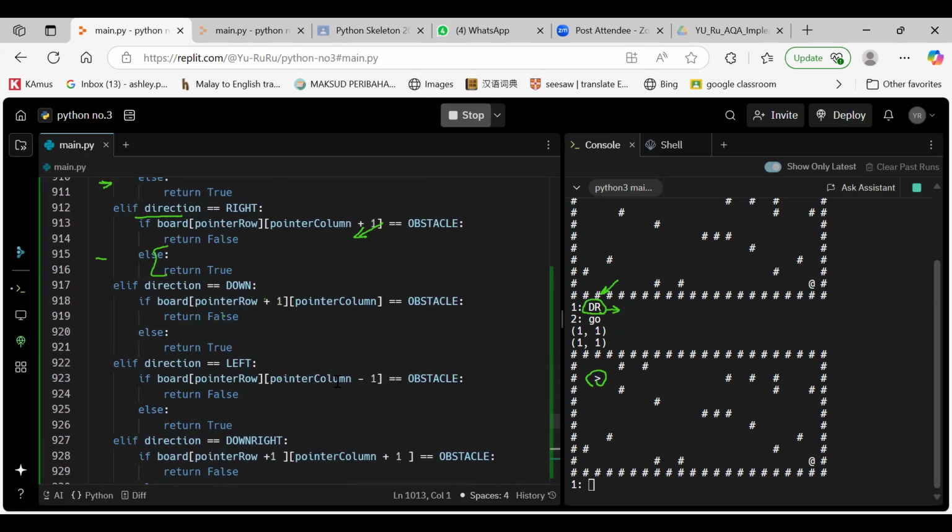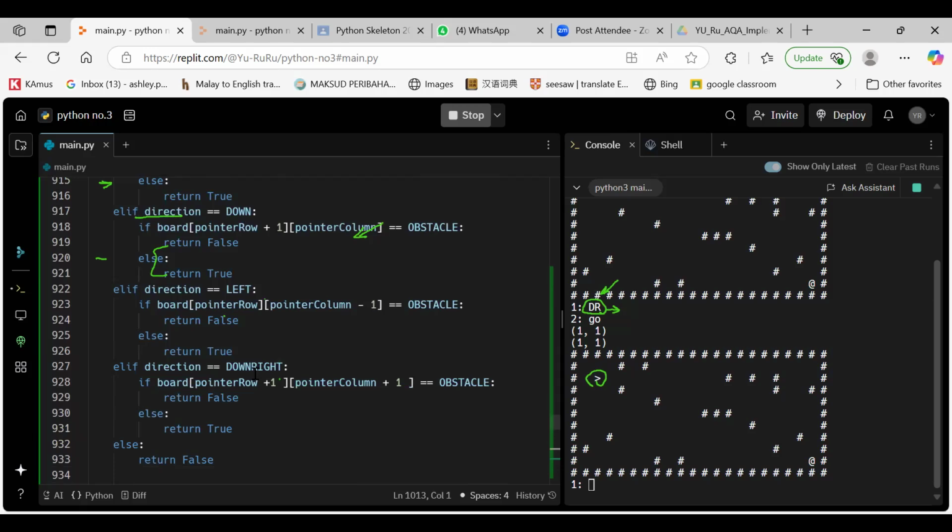Check forward will check that your direction is currently downright. If your current direction is downright, it will do this checking for you. It will check that when you move here, there is no obstacle. So it will return true or false. So why do you actually need to